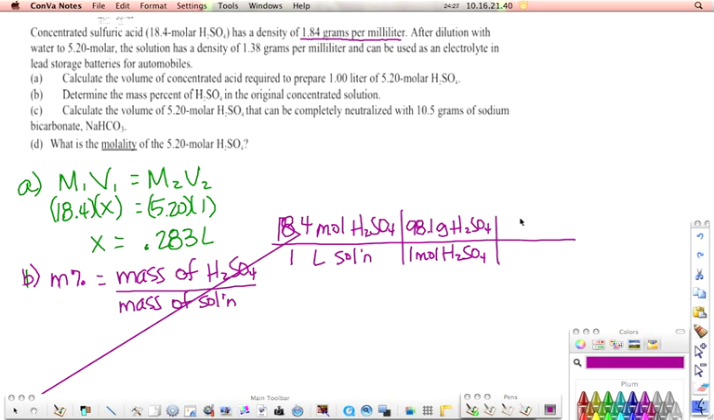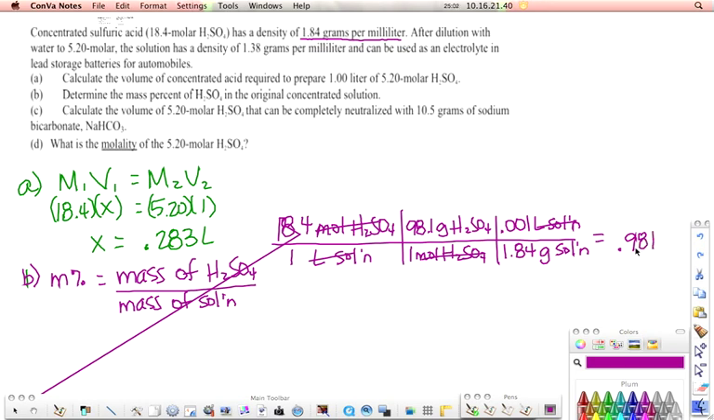So my density is, for every 0.001 liters of solution, I have 1.84 grams of solution. And so now my liters cancel out, my moles cancel out, and I'm left with mass of H2SO4 over mass of solution, which is exactly what the question asked us for our answer in. So solve all those numbers, and you get